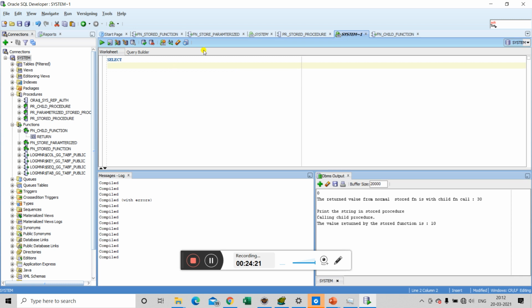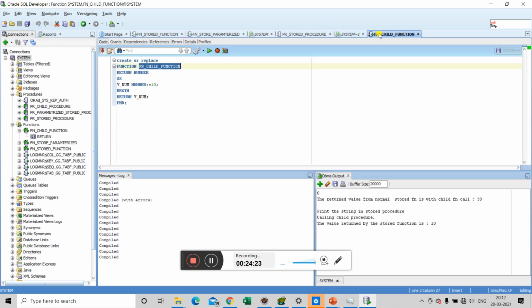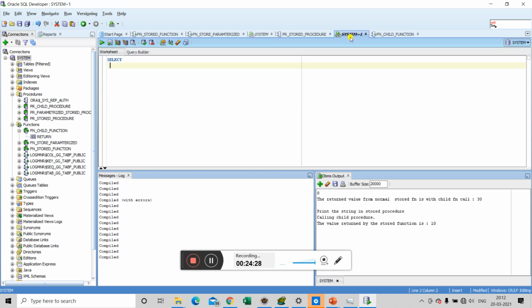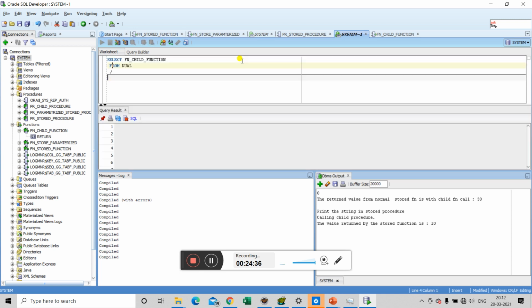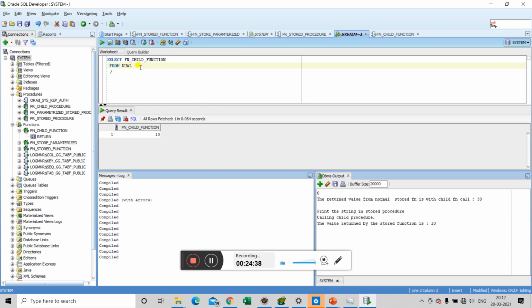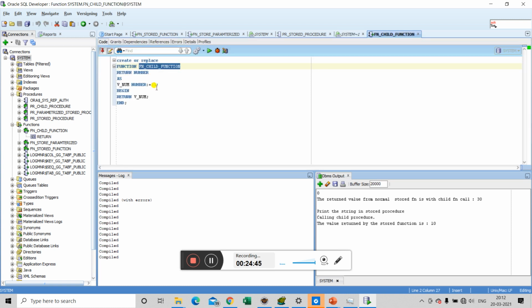Select, say we will be calling our child function only in this case, from dual. As you can see, we are able to call our child function from a normal SQL query, and it is returning a value 10 that is being declared in the declaration section and returned using the return command.